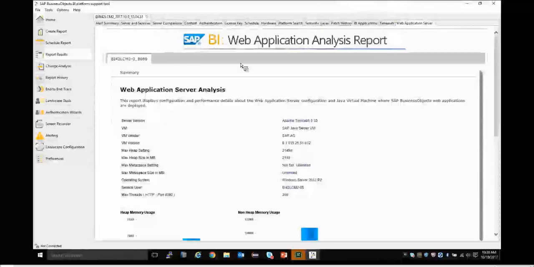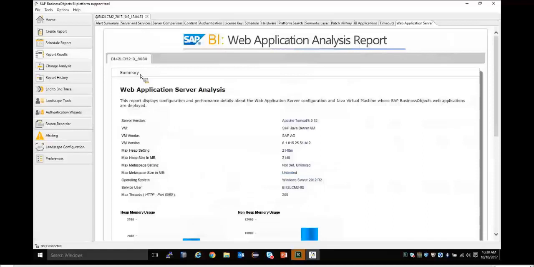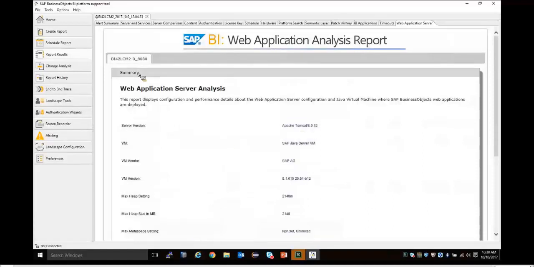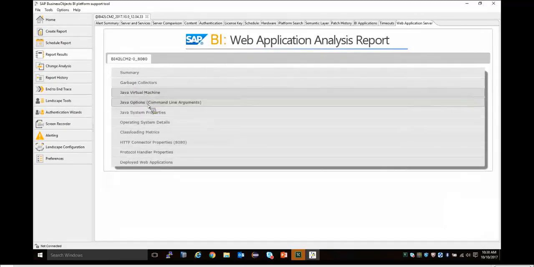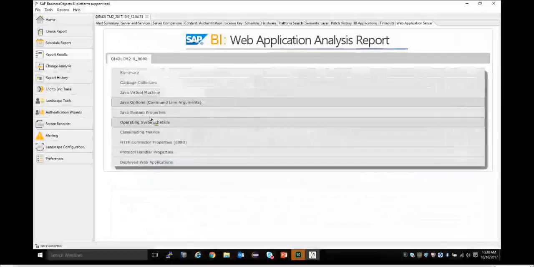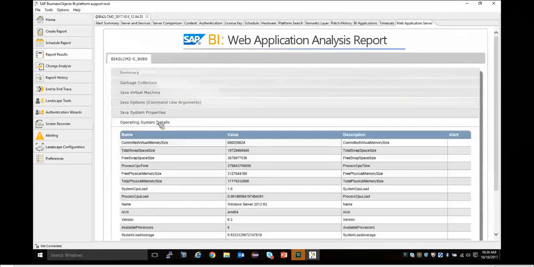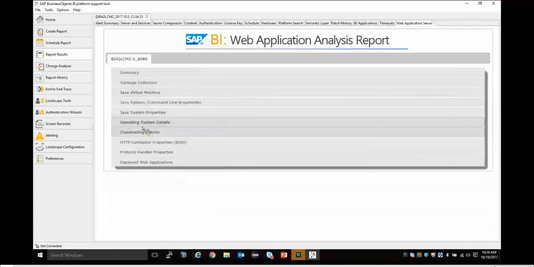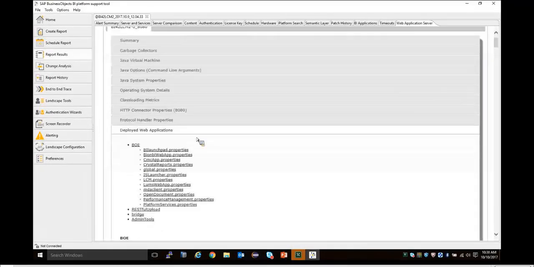And finally, the web application server analysis. So pretty much everything that we need to know about your application server, all of your heap settings, your metaspace settings, garbage collection, your JVM, what Java options you have on here, system properties that you have defined, operating system from the perspective of the JVM, class loader, the connectors, AJP or HTTP connectors, protocol handler, and also